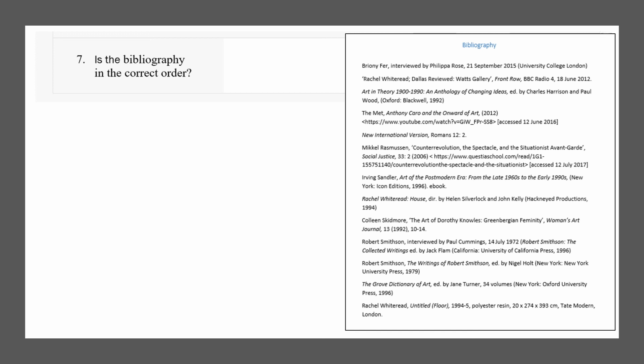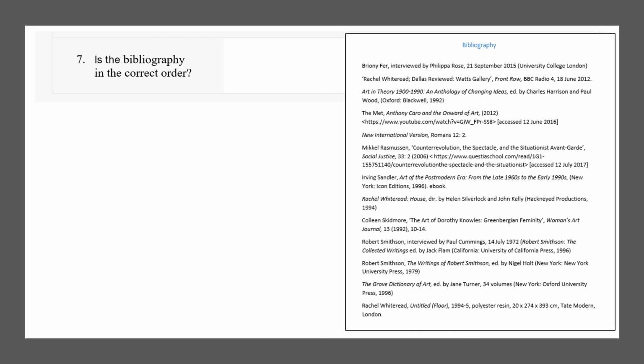Then we have Skidmore, Smithson twice, so we go by publication date order. Now don't be fooled, the first publication date isn't the 14th of July 1972 when the interview took place. It's given in the brackets and it's 1996. This is later than the second Smithson reference, so the order is wrong here.